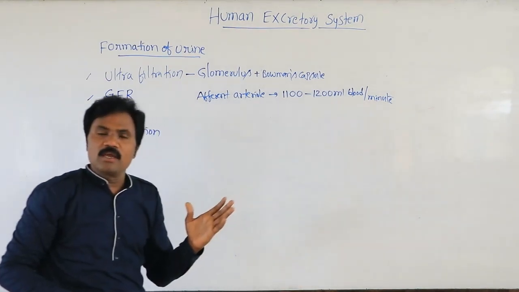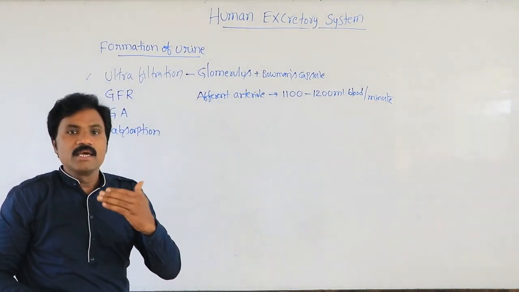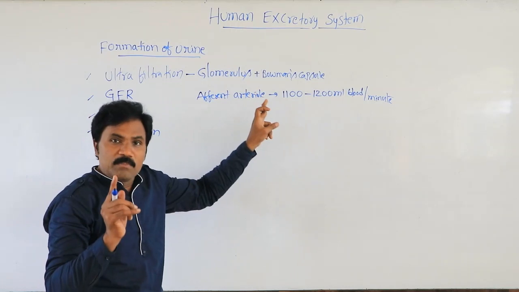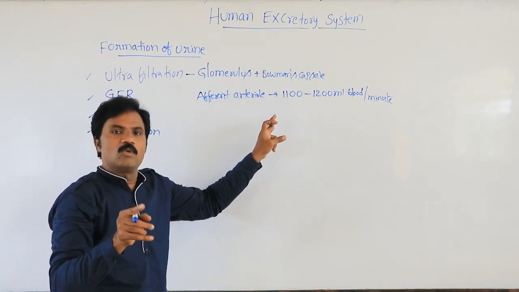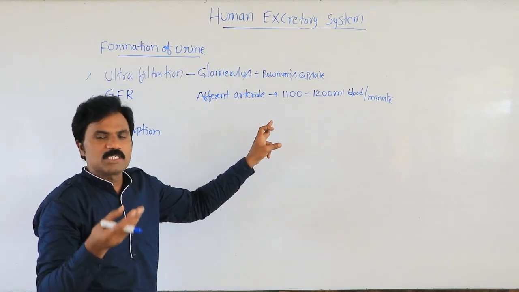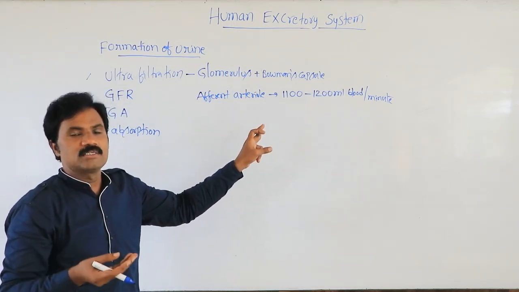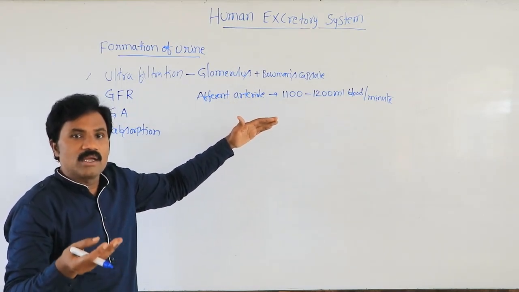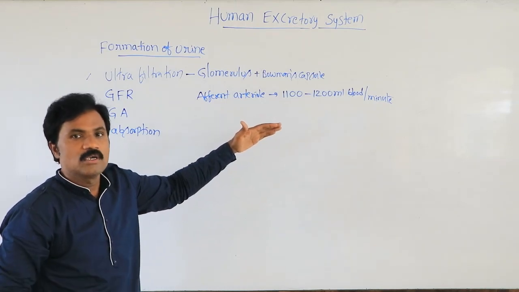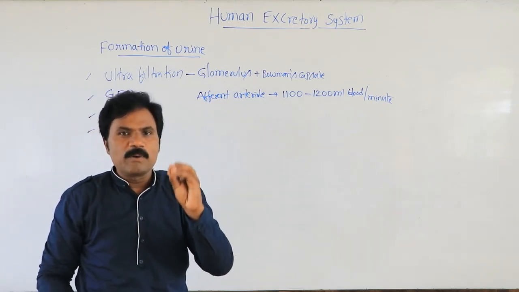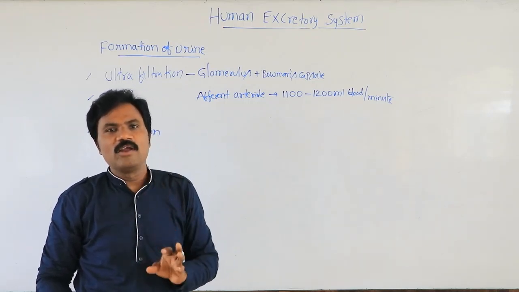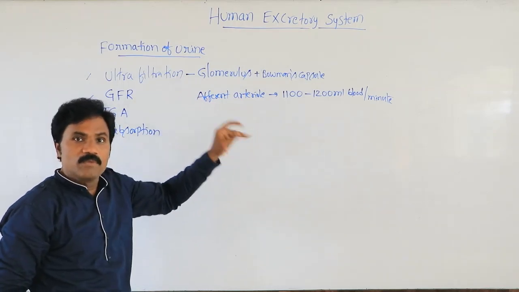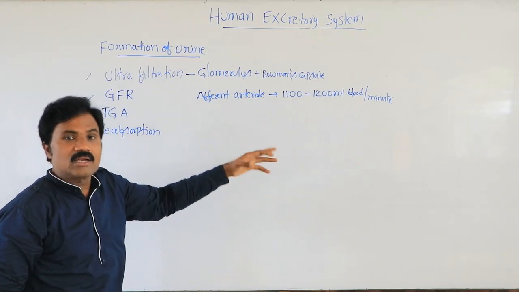What is that meaning? How much amount of blood is recycling in the heart, in each ventricle? Per minute, the heart pumps 5 liters. Among the 5 liters, more than 1 liter of blood directly enters the kidneys for filtration purpose, towards the renal artery. In that afferent arteriole, it collects this much amount of blood.